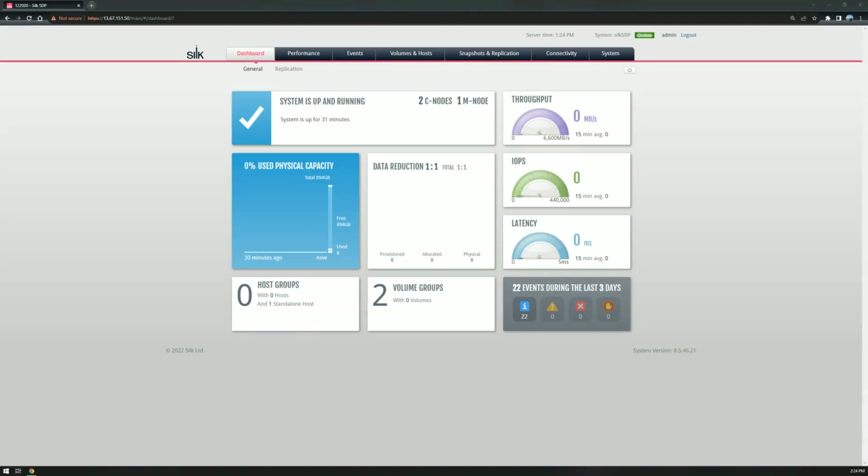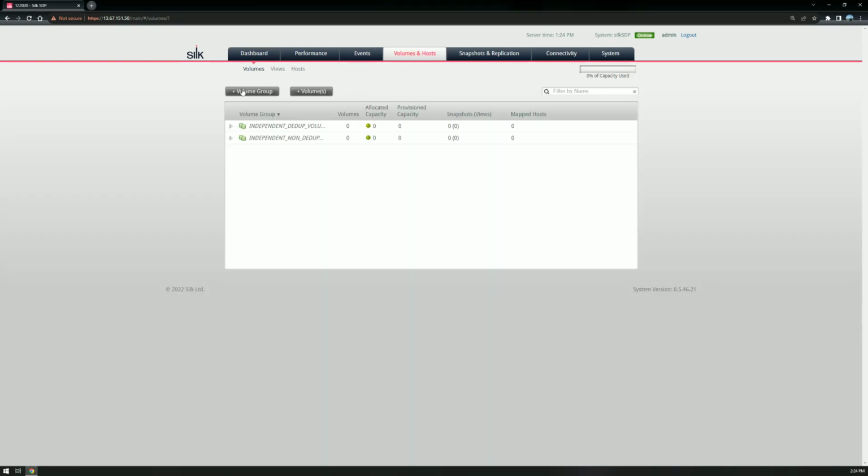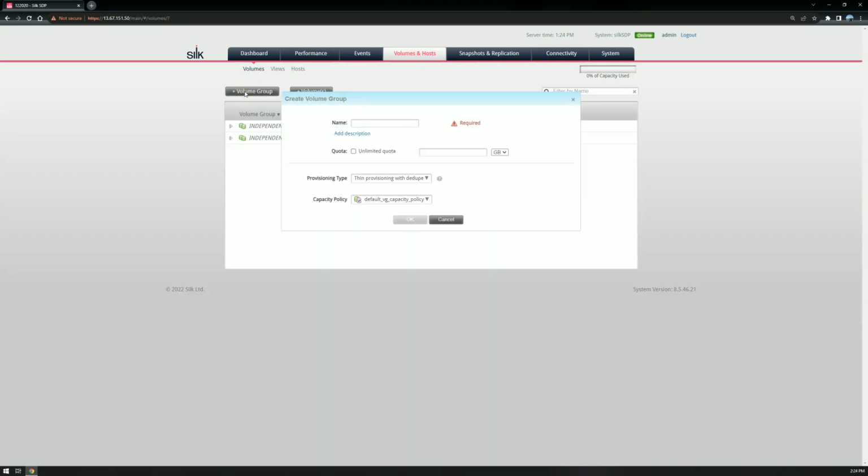This video will quickly cover volume groups and volumes in the Silk VisionOS UI. A volume group is an entity that defines common properties for the volumes it contains, such as an application or a department. To create a volume group, first we'll go over to the Volumes and Hosts tab, select Add Volume Group,